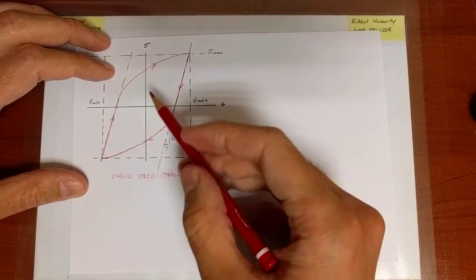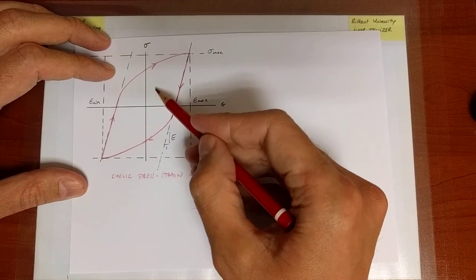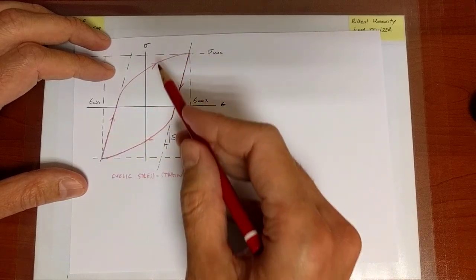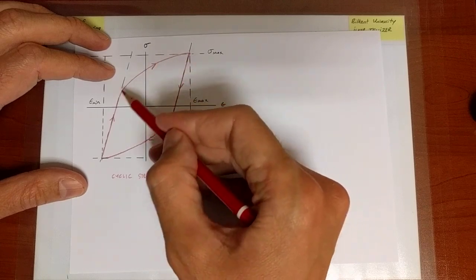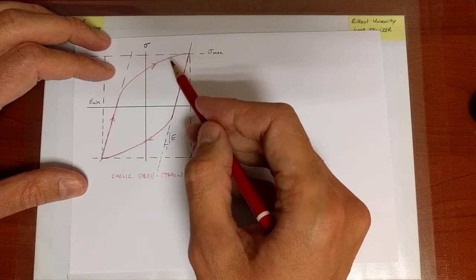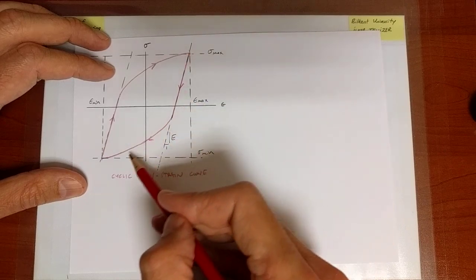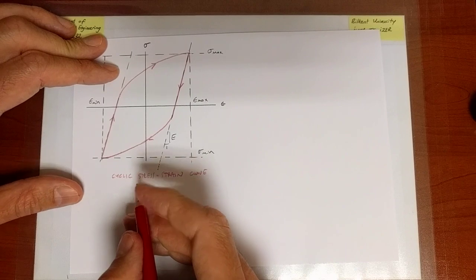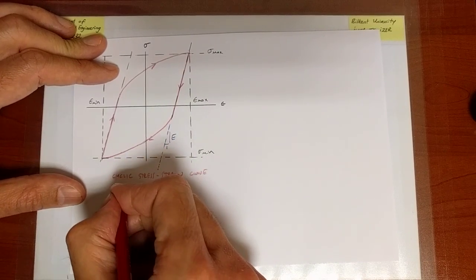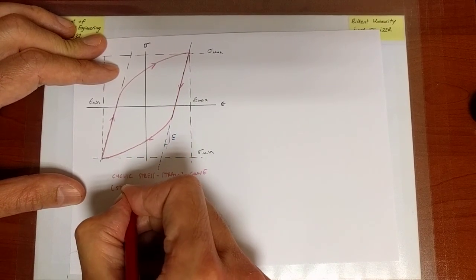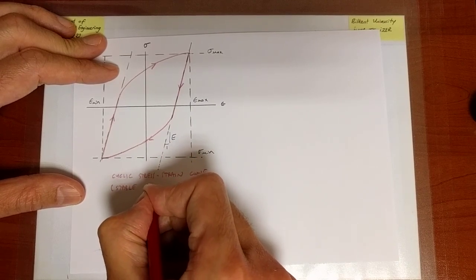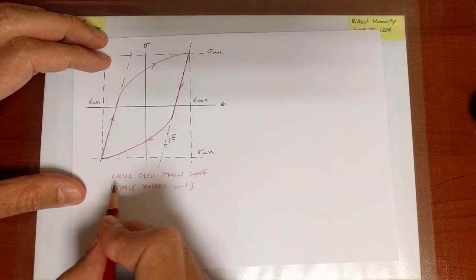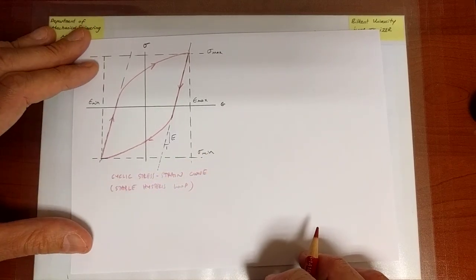And unlike elastic loading, where I go back and forth on the same line, in the presence of such significant plastic deformations, which I observe from this not straight line, right? So there's significant hysteresis. The loop is closed, but there's a net area inside the loop. So this is alternatively called the stable hysteresis loop,